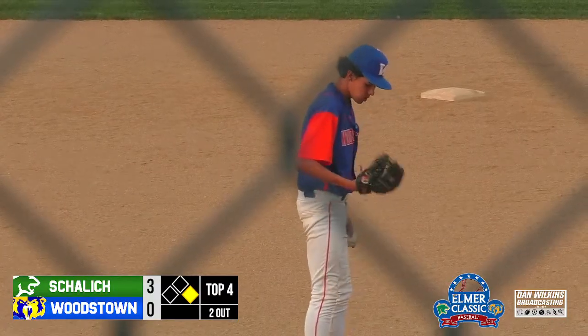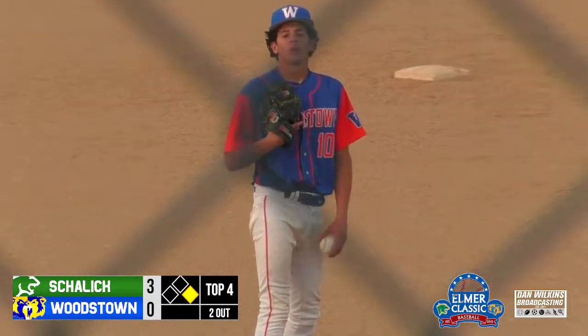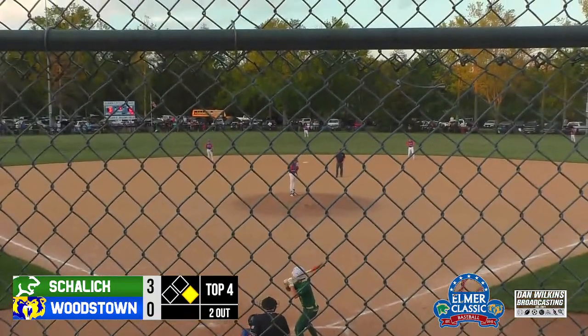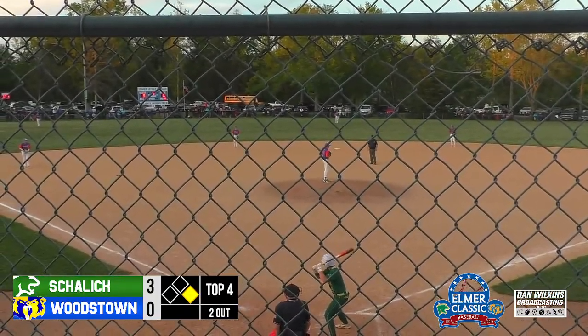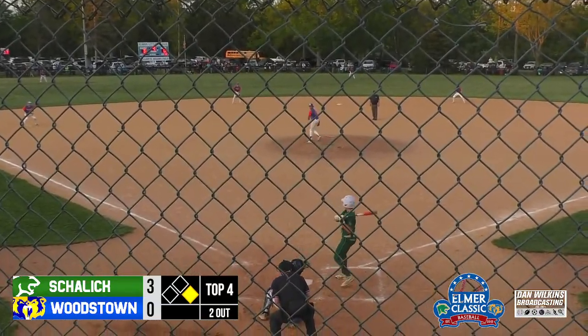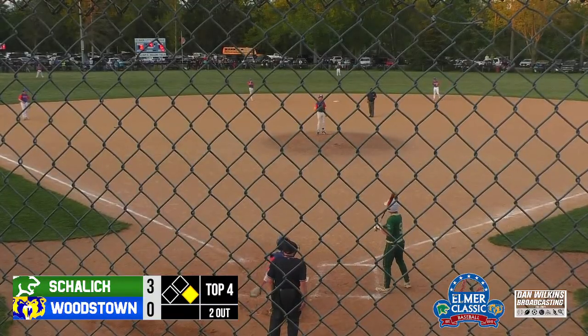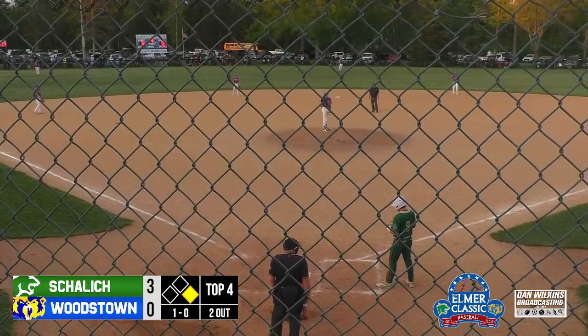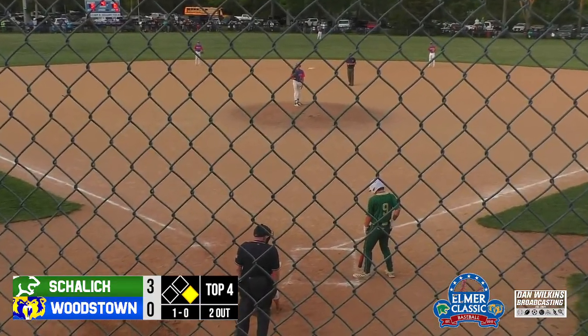You don't know if you can strike lightning in a bottle twice, and with Seepers coming up here, heart of the order with Seepers, D'Agostino, and Whitley, could create some damage. And with 2 outs, I like the fact that they're putting in a lefty. Lefty-lefty matchup here versus Seepers and D'Agostino. Makes for a good platoon of sorts. But Spina, the junior southpaw for the Wolverines,